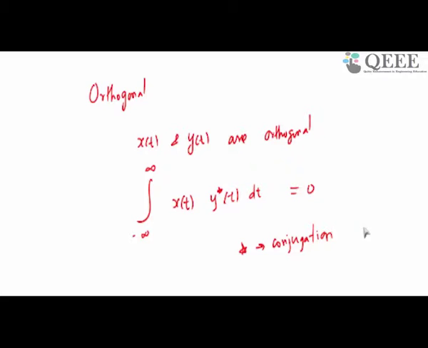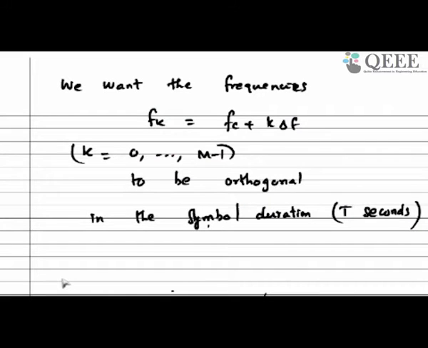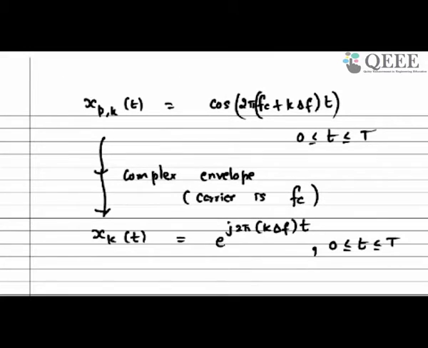So you can actually talk about signals as if they are points in some Euclidean space. So orthogonality is going to be very useful for us. Now we want these frequencies to be orthogonal. So essentially it means I look at the kth frequency, which is fc plus k delta f, and I can represent it